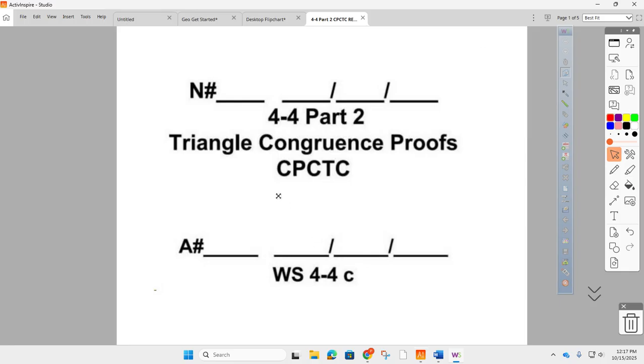So this, CPCTC, stands for corresponding parts of congruent triangles are congruent. So this is going to be a postulate. Once we can say triangle A is congruent to triangle B, that will be a reason to say any part that they ask us to prove is congruent. So we're going to write